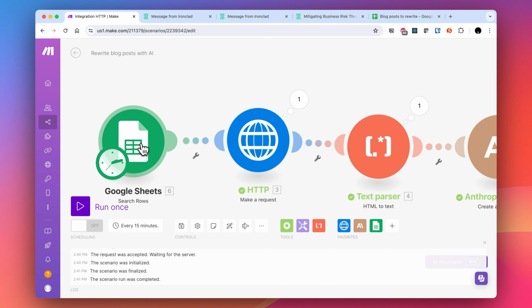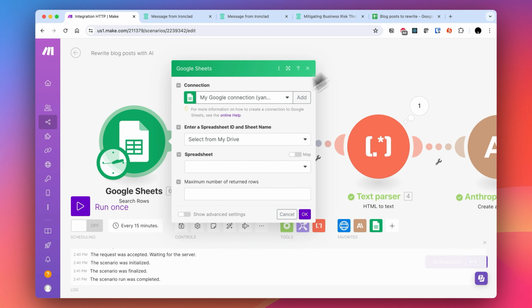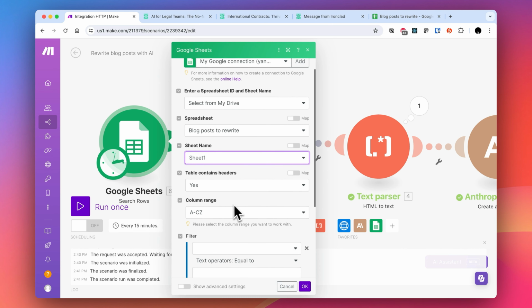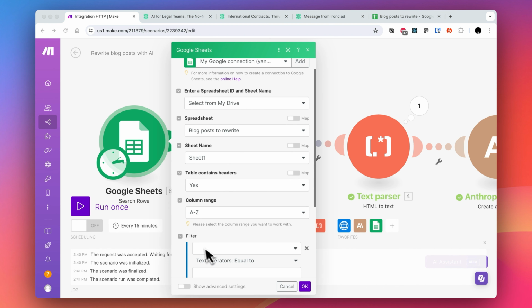So here, I'm going to select that spreadsheet, which is called blog post to rewrite. Select the sheet and then select the column range. It's really only the first 3 columns. And then I'm going to